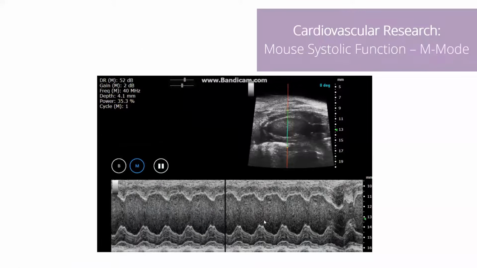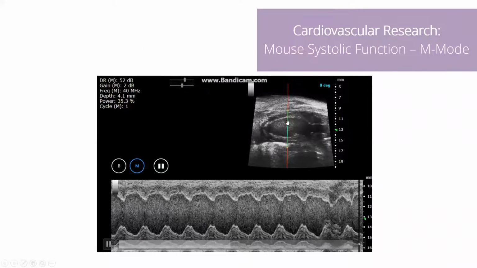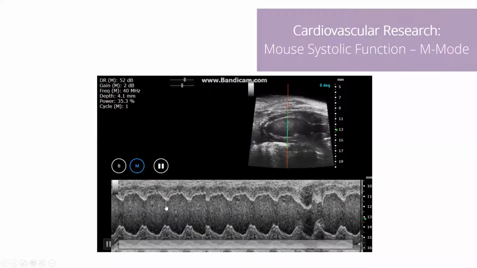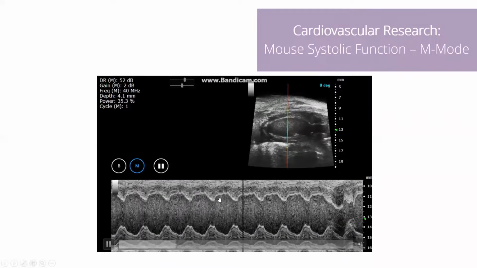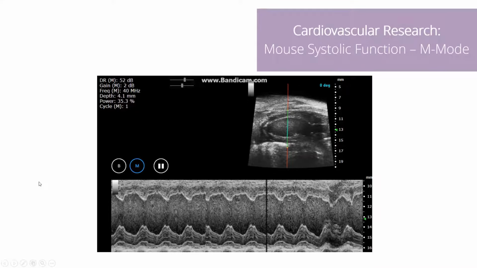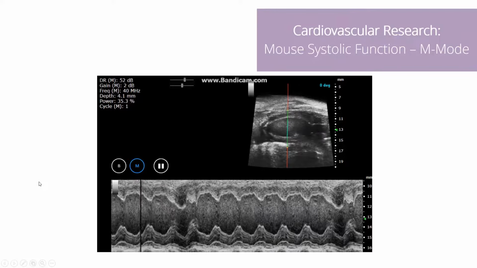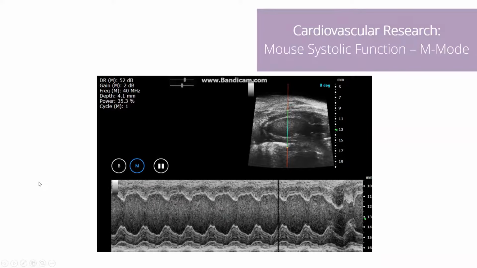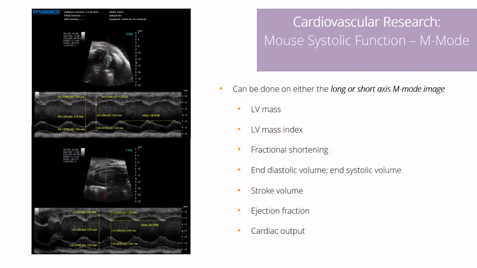We talked about M-mode earlier. So here we're looking at the motion of the heart across a specific point in time. And we're seeing the heart as it moves through diastole into systole, diastole, and systole. This mode is often used to make measurements of systolic function in many of the publications that are out there. And from here, what we're going to do is make linear measurements. And we can make multiple